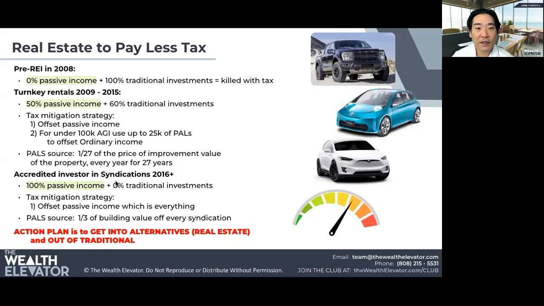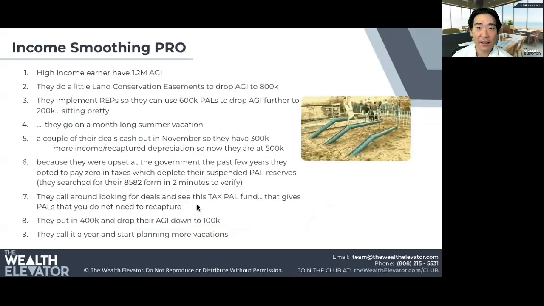That kind of overlays into this, which is again my story, right? And you may not follow this completely. I think a lot of you will just skip over the turnkey rental step, but that's the hierarchy strategy and kind of the transition into this world of paying less taxes.